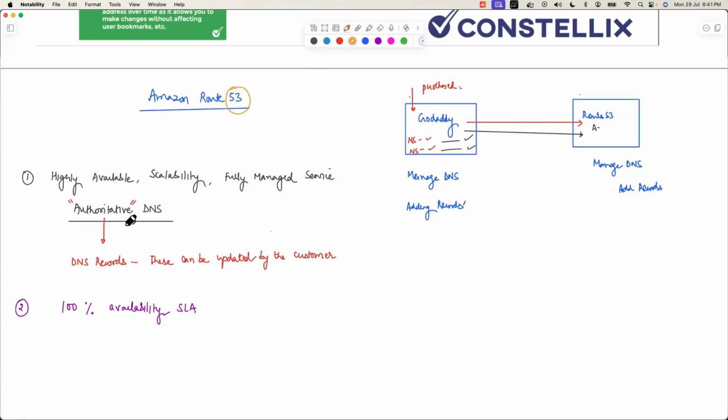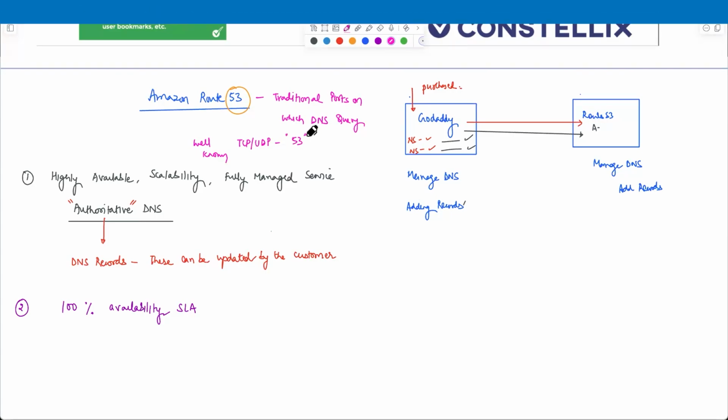Sir, it is the port DNS servers use. Yes, it's the traditional port on which DNS queries happen. Traditional ports on which DNS resolution or DNS query happens. Because there are well-known ports and random ports, right? So whether it is a TCP packet or a UDP packet, among the well-known ports there is port 53, whether it is TCP or UDP, port 53 is a well-known port for